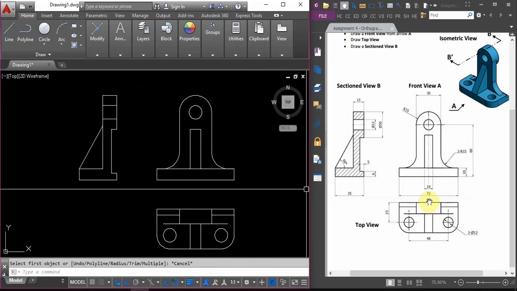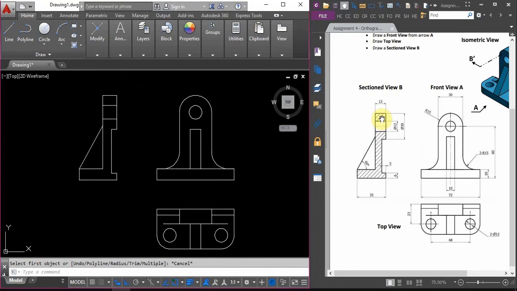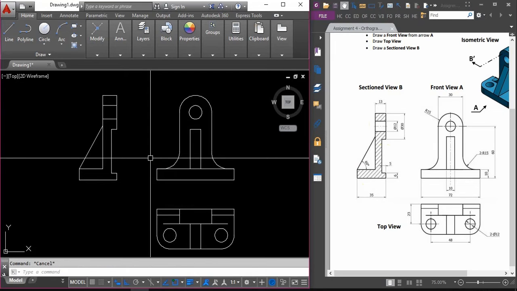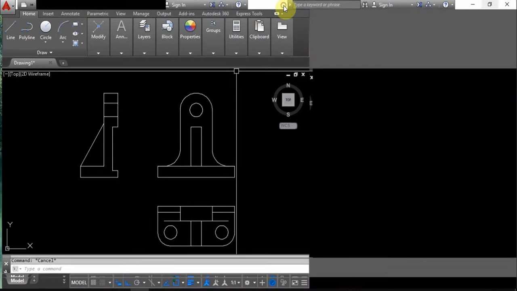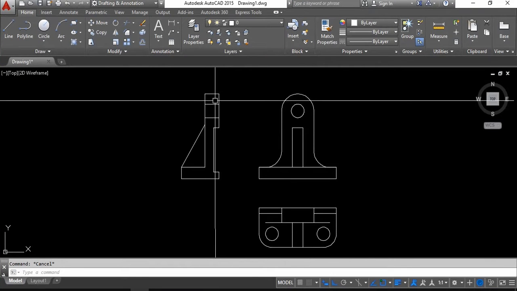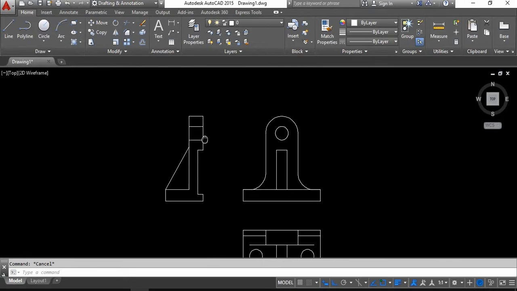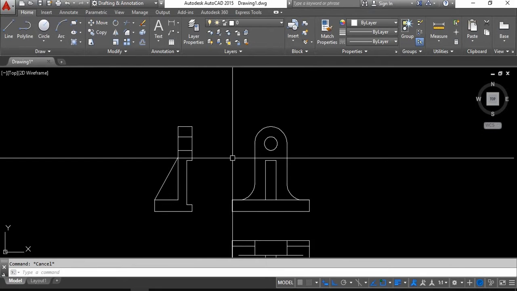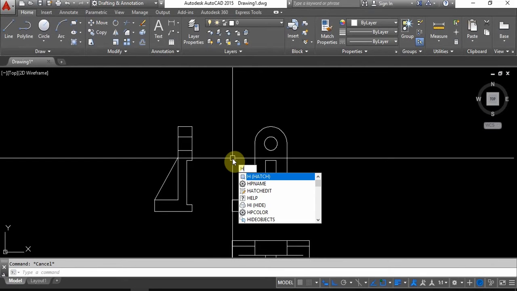Next, you can see that we need to do the dimension, and we have a lot. We have the pattern here. So how to do that? So there's one new command for you, the hatch. So we can do the hatch with this section, this section here. So to do that, press H for hatch,